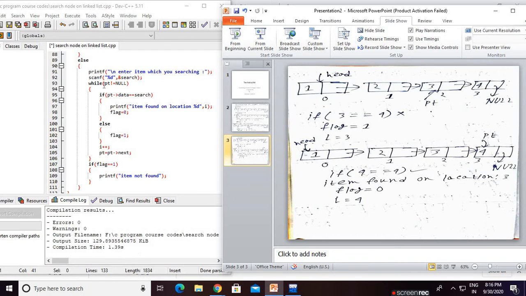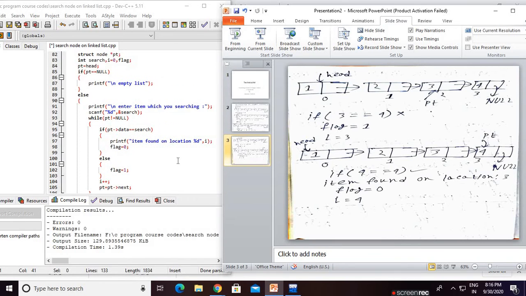Again, if you check the while loop, PT not equals to null. Condition is false. Now this condition is not true because flag equals to 0 now. So stop here. That means in simple way we are finding our search value, that is 4, at the position of 3. That is success. That is correct because if we calculate the index, yes, on index number 3 we have found a node having the value of 4. So that is a way of tracing the code of searching a node value in a singly linked list.